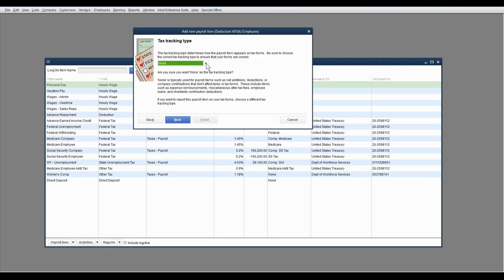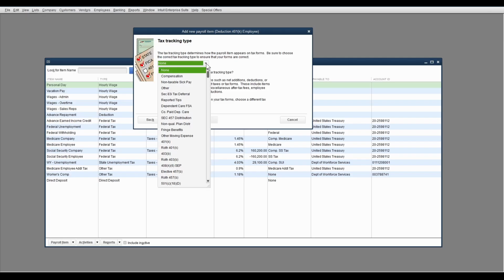Here is where the important differences in taxation come in. When you click the drop-down arrow, you will be shown a long list of options for taxation of the deduction. Select the correct item from the list. For optional insurances like AFLAC, the correct selection is premium only 125. Since we are doing a 401k deduction, I'll select that from the list